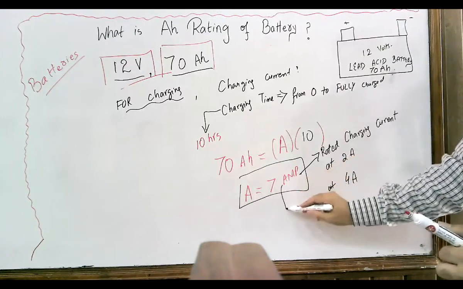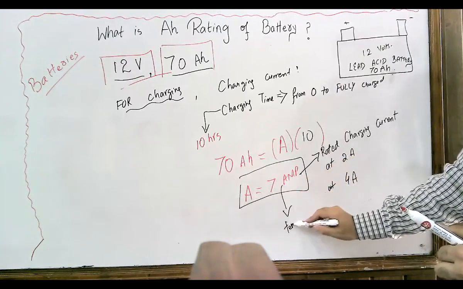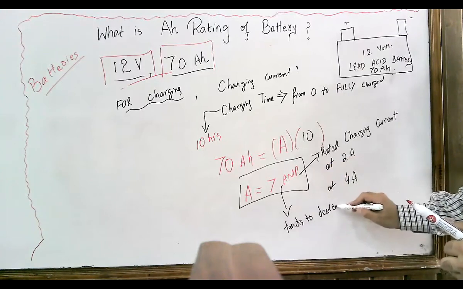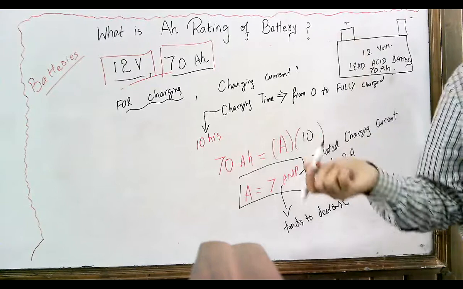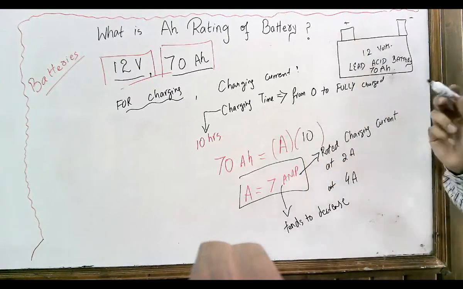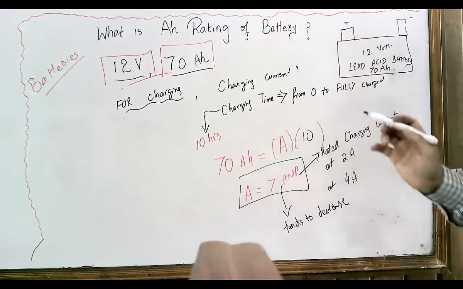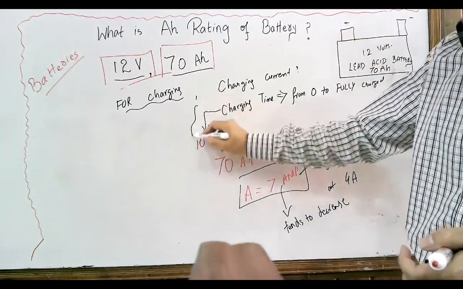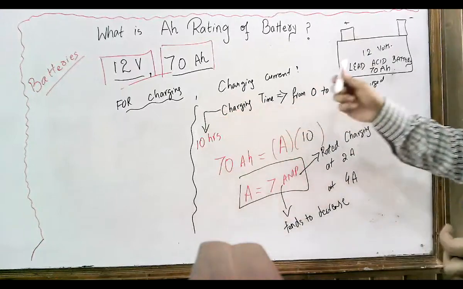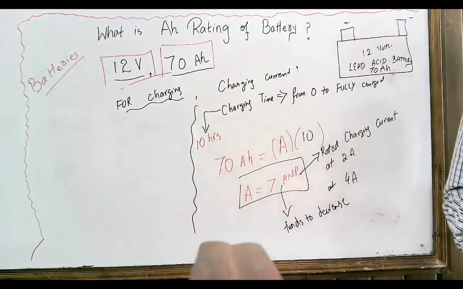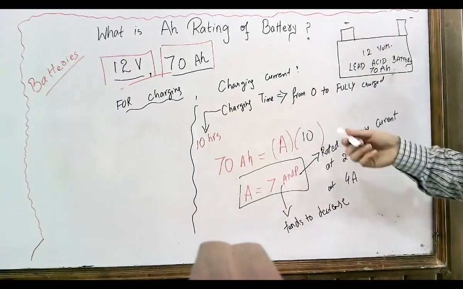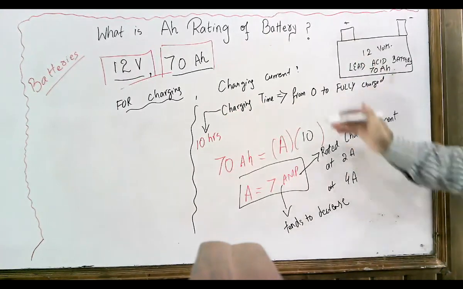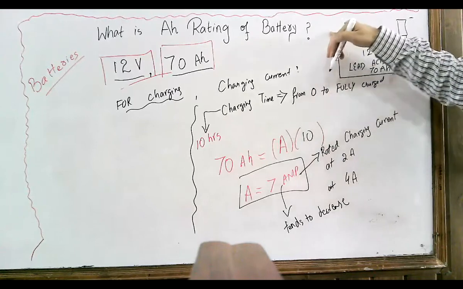and this tends to decrease. One more thing, this is not constant and it tends to decrease when the battery is charged. Okay, so this is one type of concept. Other manufacturers mention that this battery will draw 7 ampere current, or there are three other types of battery charging technique which we will be discussing. But this is what, if you will provide 7 amperes